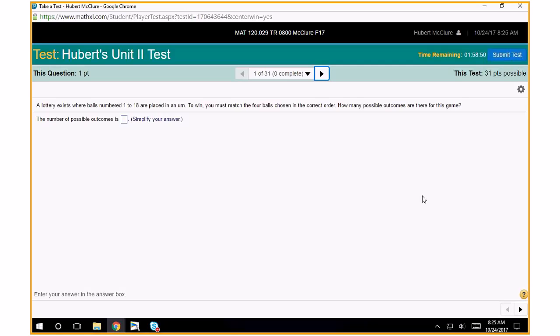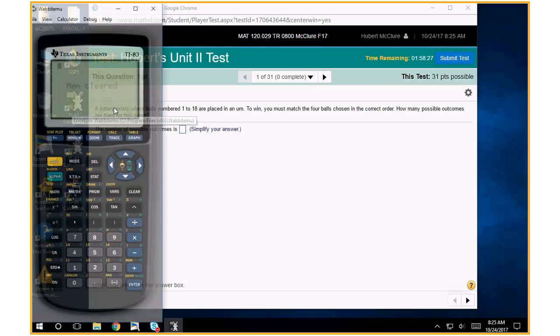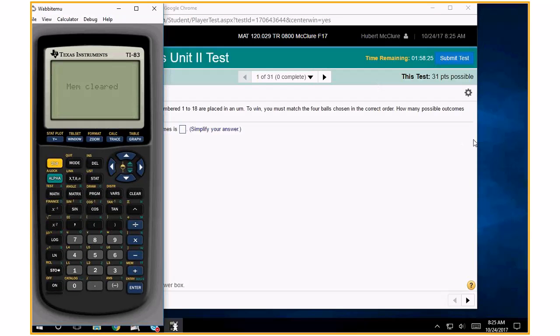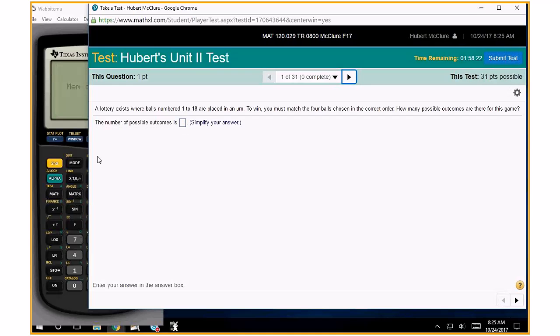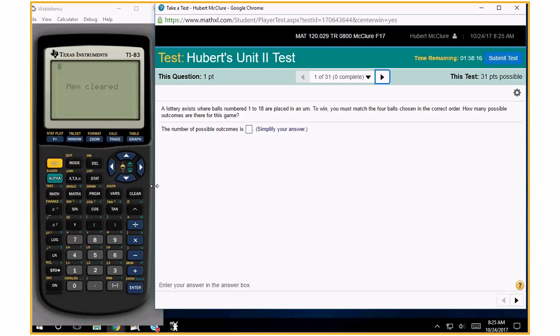So, how many slots do we have? 4. So, R is 4. How many numbers? 18. N is 18. So, 18 permutation, what? 4. Permutation 4. Now, it says simplify your answer, so that doesn't tell you very much as far as whether you need to do a fraction or a...